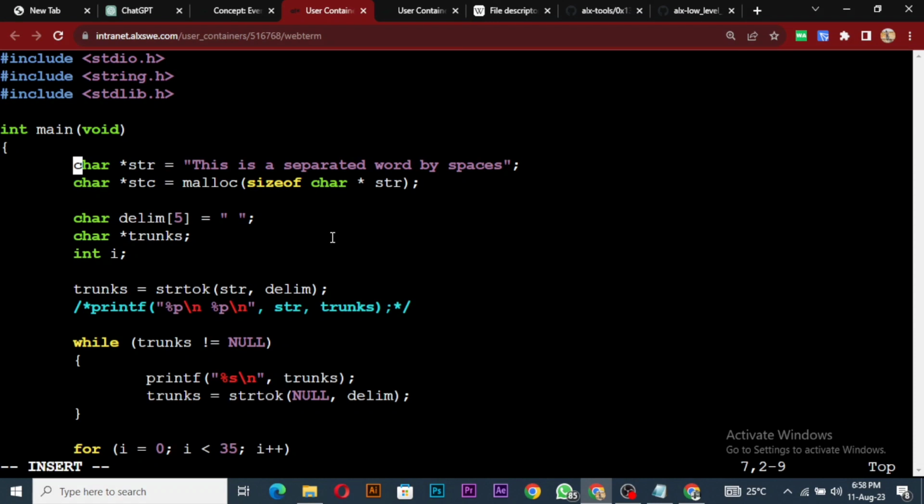Basically, I think I didn't do this well. So this one will get the length first, so we have to multiply by the length. So let's use string length, since we have our string length. So we use the string length function to get the length of this guy. So we are multiplying char by the length of whatever this str is holding, right? So we use that, and then we'll come down here,